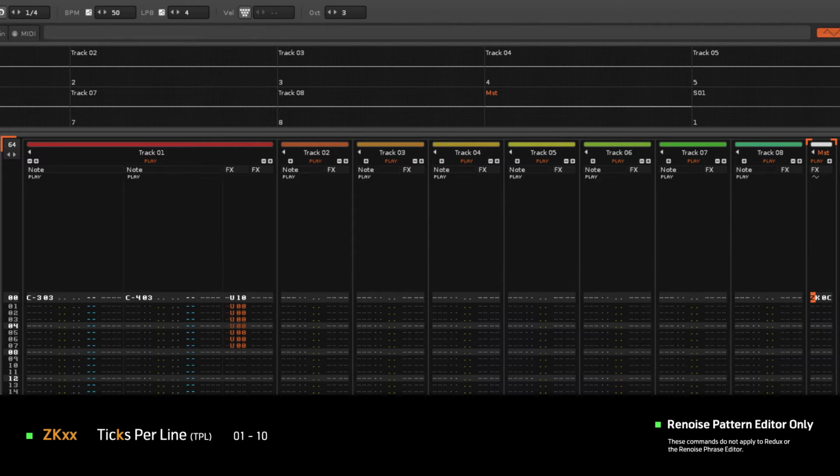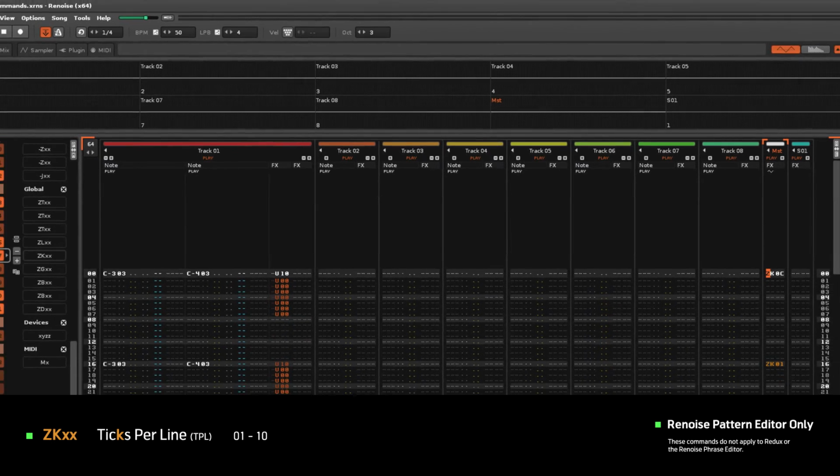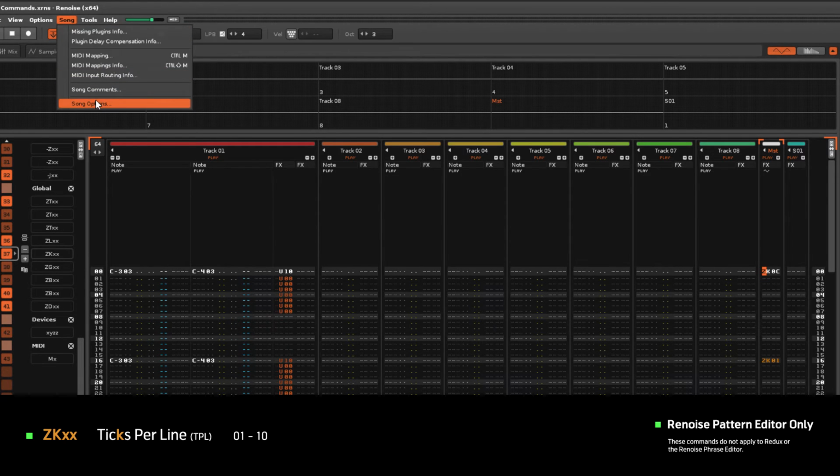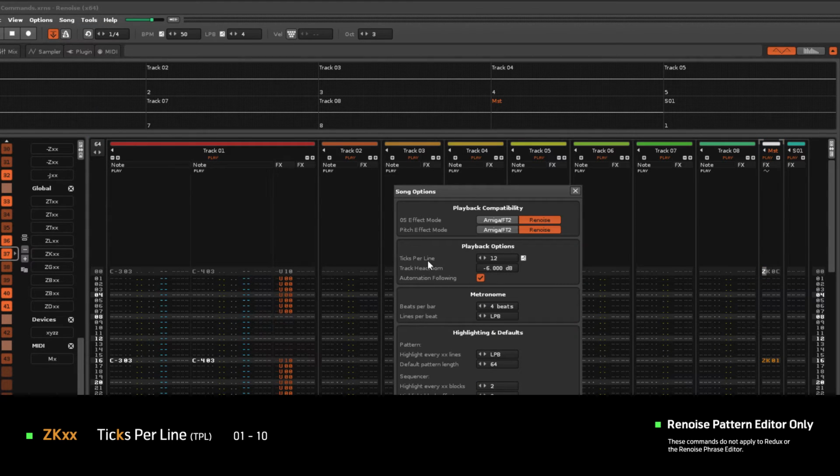We looked at ticks per line previously in the cut and retrigger commands, but if you skip to this section, you should know that just as a pattern is split into a number of lines, so each line is split into a number of ticks. So this applies to any effect or automation that makes changes over the course of a line.